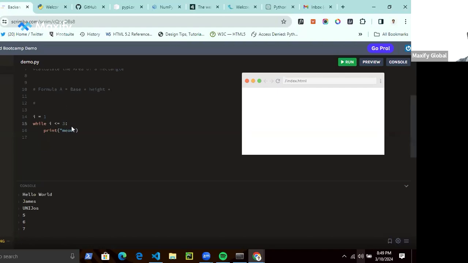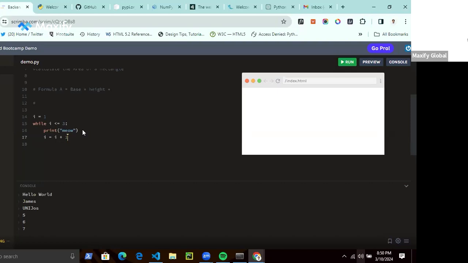So what I just did now, the third statement, is just to increment i, so that at some point i will no longer be less than or equal to 3. At the first instance, i is 1. When it runs again, i becomes 2, and then the third time i becomes 3. At that point, the condition evaluates to false, and then our program will stop. But if we don't have this mechanism in place, it means our program will continue to run till infinity.